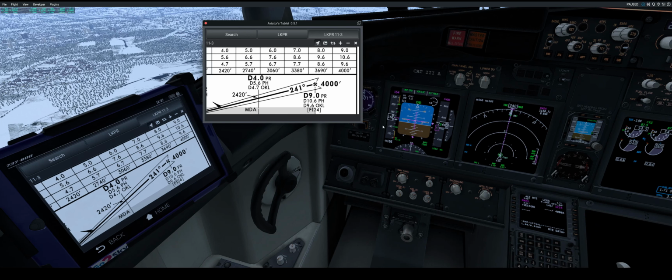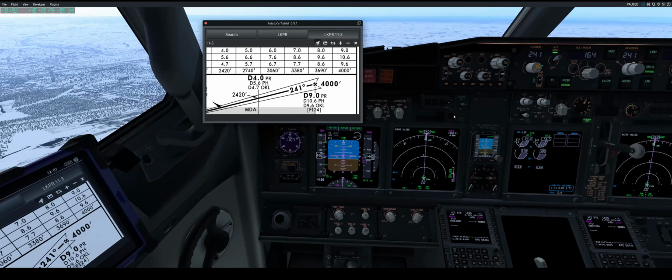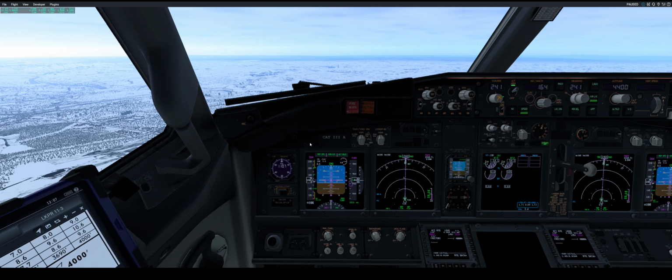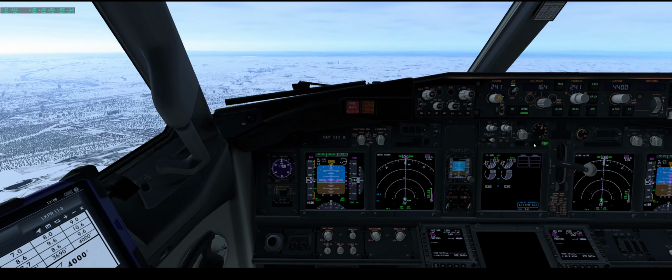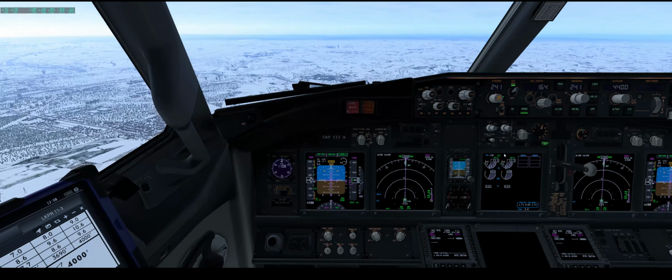Okay, and we are capturing the glide slope at 4400 feet, which is absolutely perfect, and I am clapping hands. X-Plane 12 is really amazing and perfect, and now we can perform the approach, and now you can see